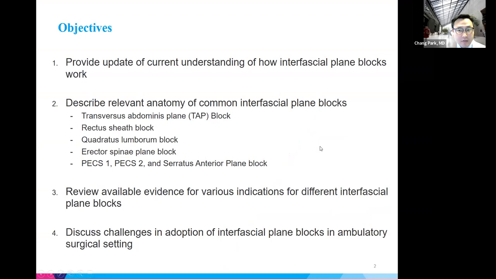So the objectives of this webinar are the following: provide an update of the current understanding of how interfascial plane blocks work, describe the relevant anatomy of common interfascial plane blocks. This is by no means an exhaustive list, but they are the ones that are more widely incorporated into our practice and have a growing body of